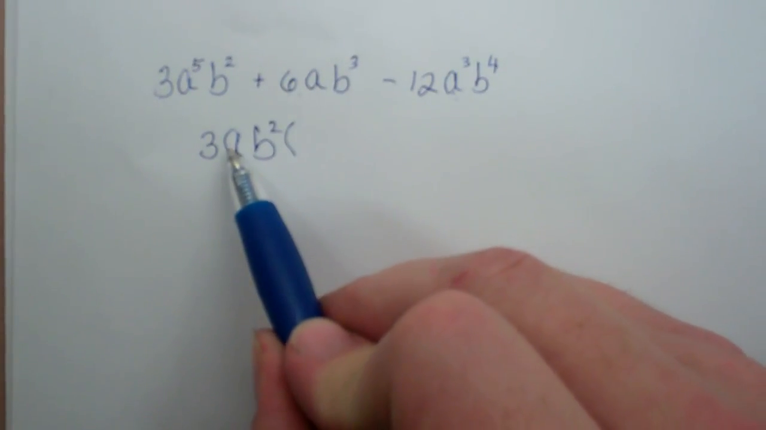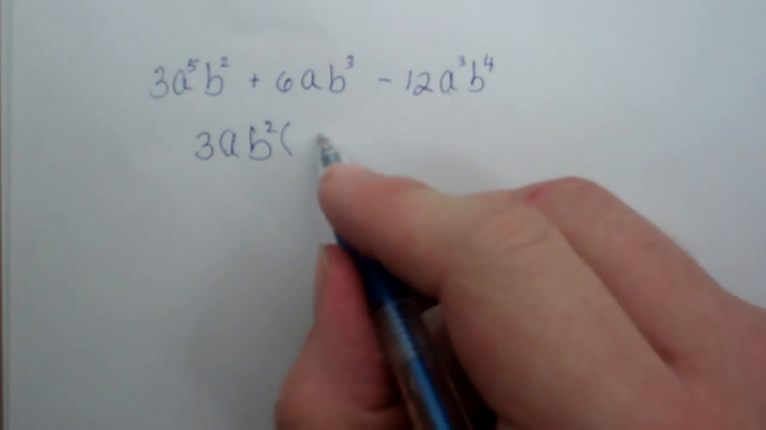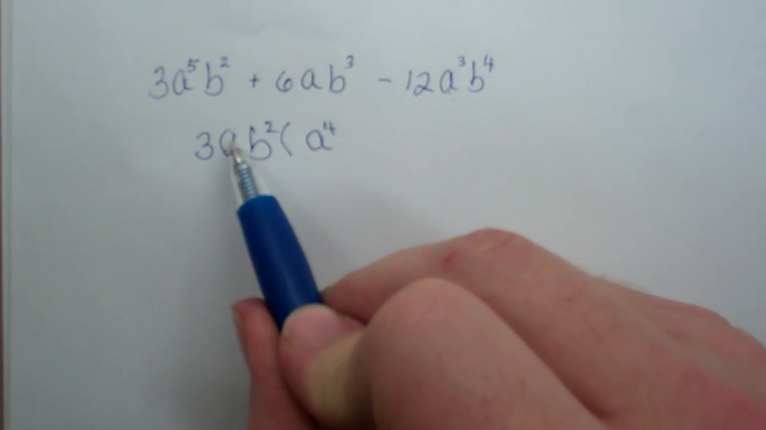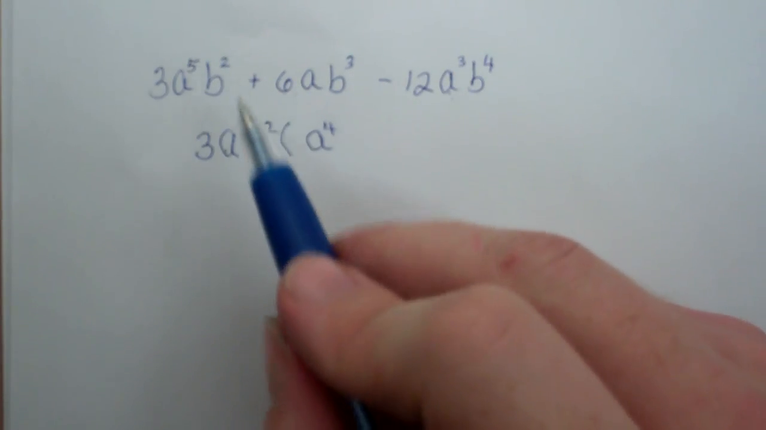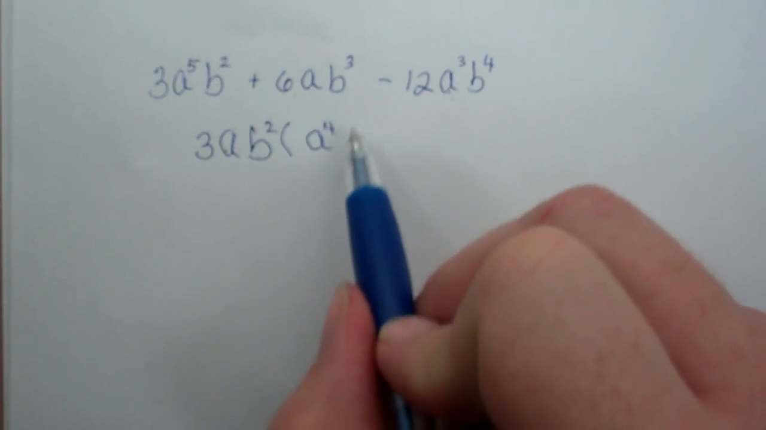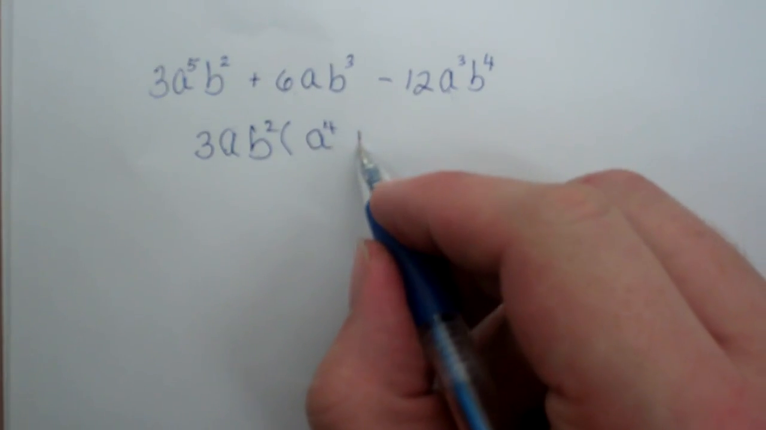What do we multiply times the a to get an a to the 5th? Well, that is an a to the 4th, because you know that we add the exponents. A times a to the 4th is a to the 5th. And what do we need to multiply times the b squared to get a b squared? A 1, which does not need to be written. Plus